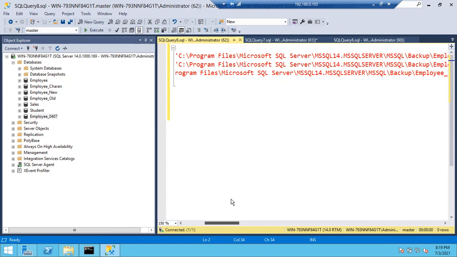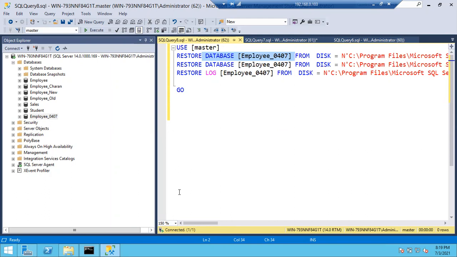So once you restore the full backup, again it's compulsory. Just as it's compulsory to take the full backup for the first time, in the same way, the first time you have to restore the full backup. Without restoring the full backup, you cannot restore differential and log backups. Why? Because all the MDF file locations, NDF file locations, log file locations, and metadata are stored in the full backup only. Without restoring your full backup, you cannot restore the differential backup or the further log backups also. So the full backup is compulsory.